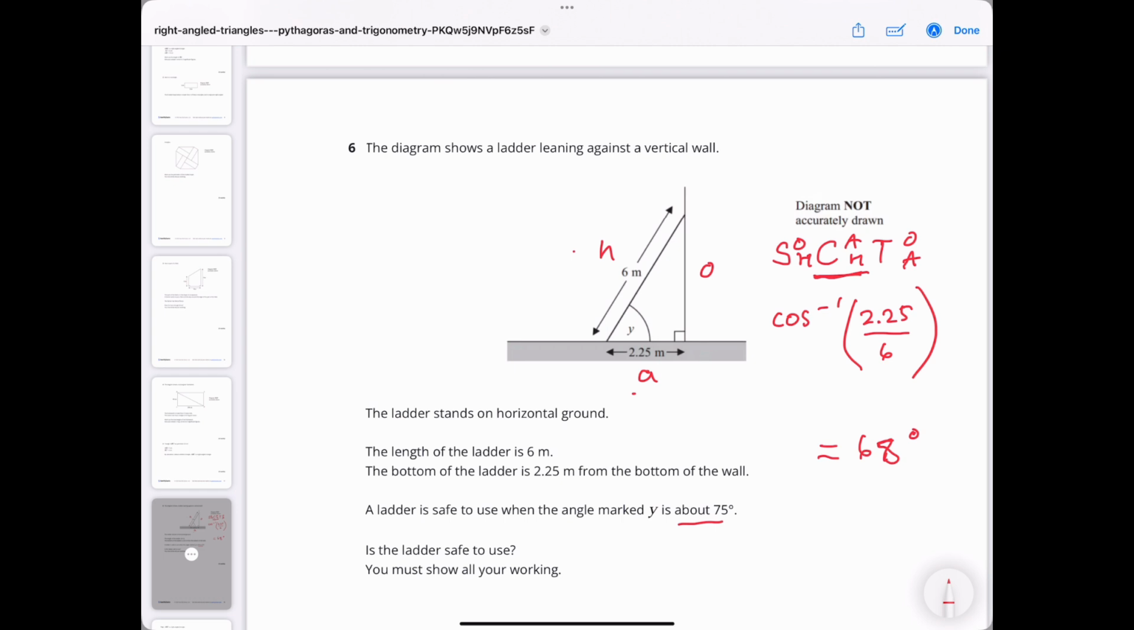I don't know if it's safer if it's smaller, or I would imagine it's less safe as it gets bigger. So I think it might be safe. But, you know, I'm not a health and safety officer. So anyway, that's your little introduction to